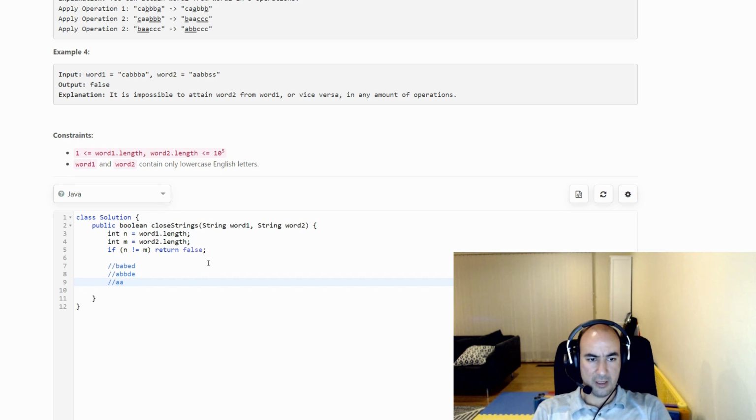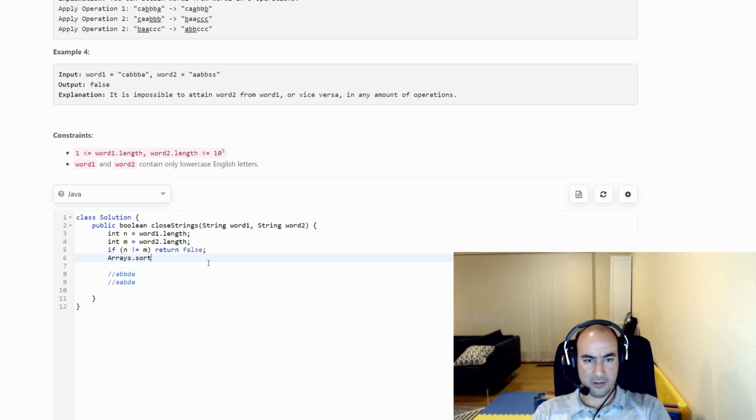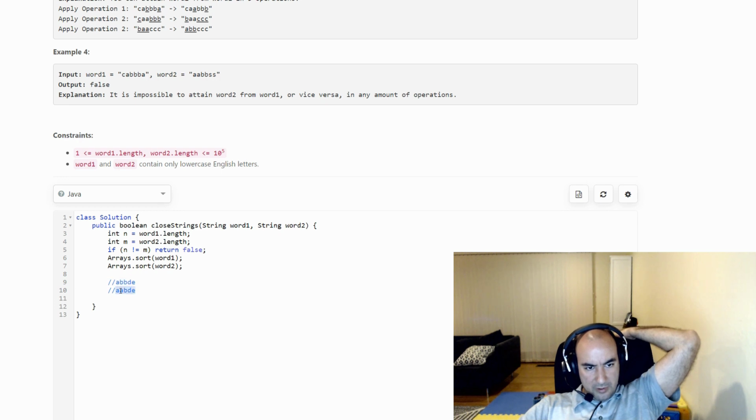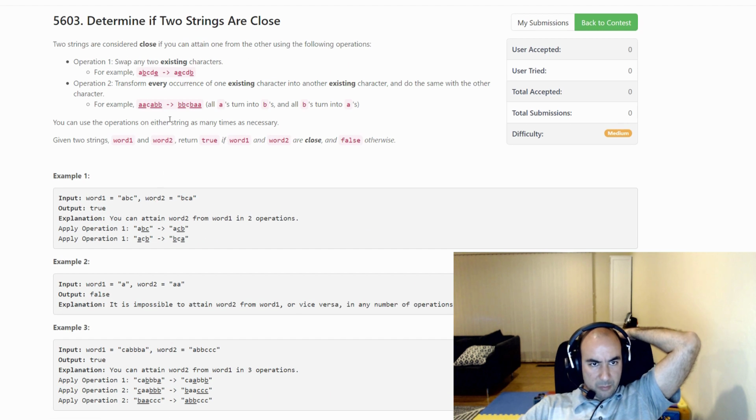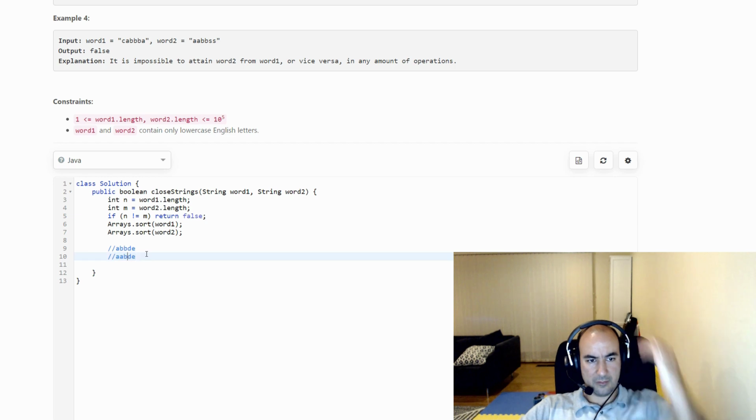Okay, so let's say I have two arrays that are sorted. What could I do with sorted arrays to prove that I can turn from one to the other? Obviously, if they're sorted, if they're equal elements,